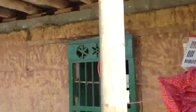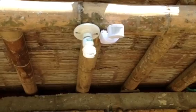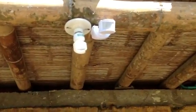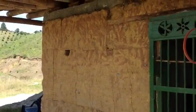We haven't done the plastering over here, but we decided to put motion detectors on both sides of the house. So at night, anybody coming triggers the light. That's pretty good. Again, remember, this is what the compacted clay looks like, tapia walls. So once we're done plastering on this side,